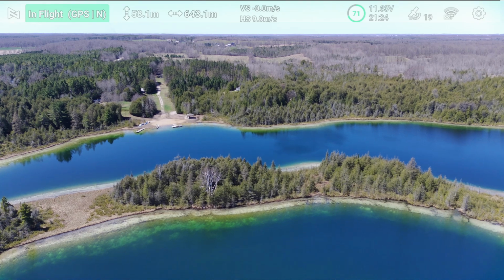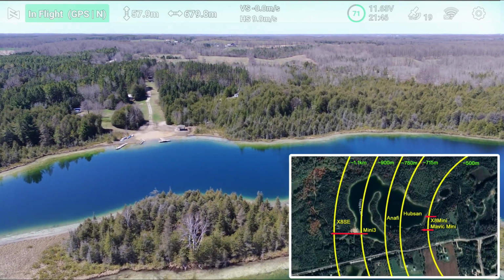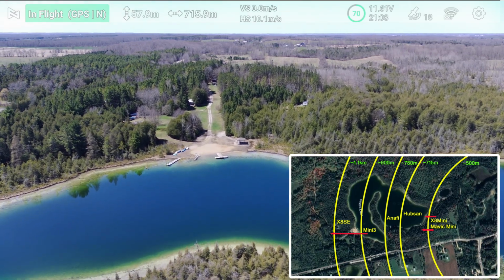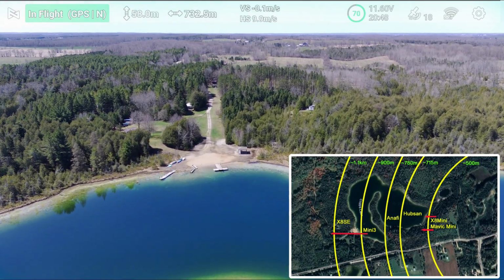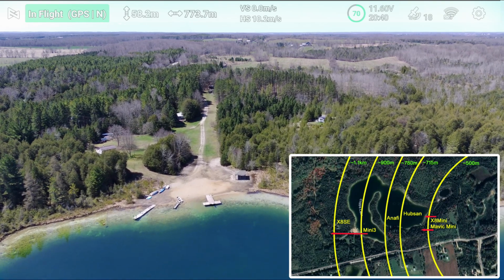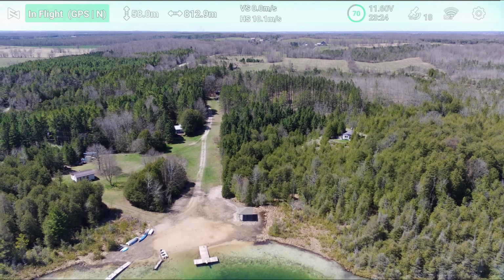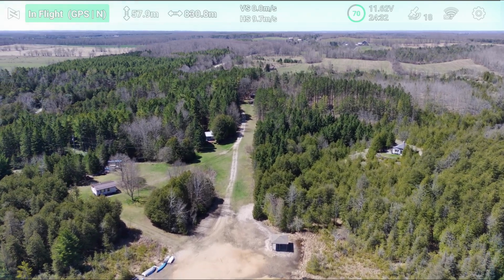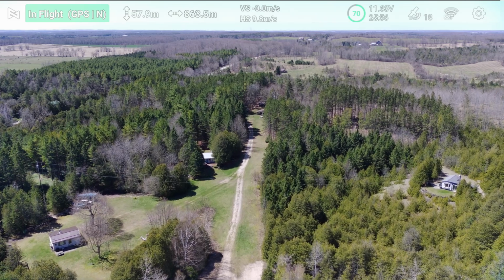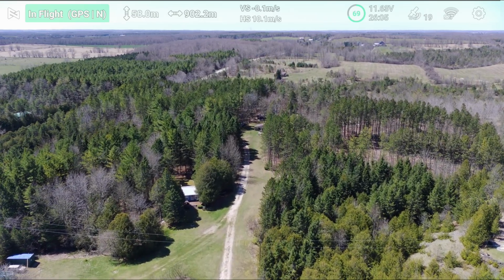I'll show you the map that I made, and I've put out where some of these drones go and the distances they go. This one makes it to the other side of the lake here and down that path a little ways. I think it's about 1.1 kilometers is about the max I've done from this backyard thing. So maybe, it depends. Depends on the day, depends on the month, depends how high I am. And I'm only up at,